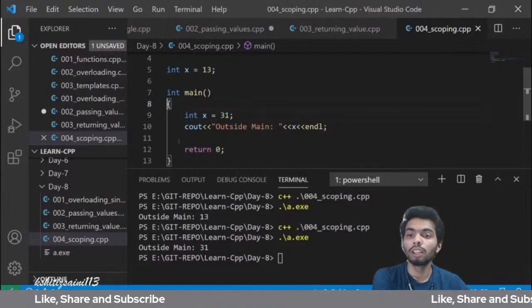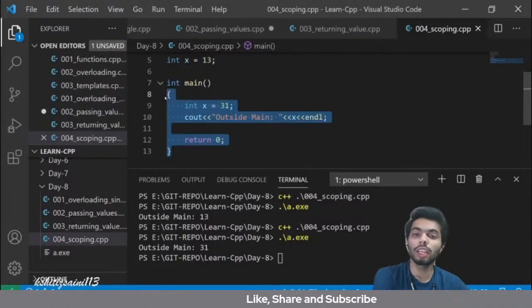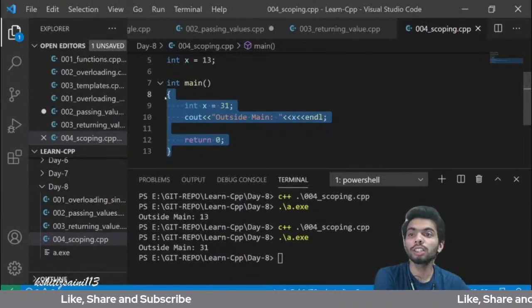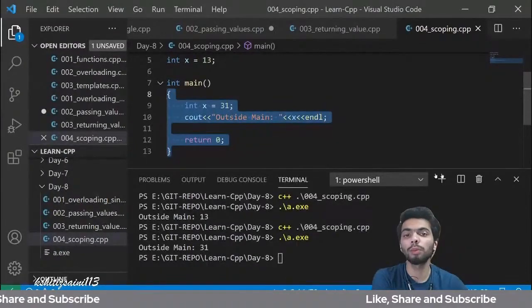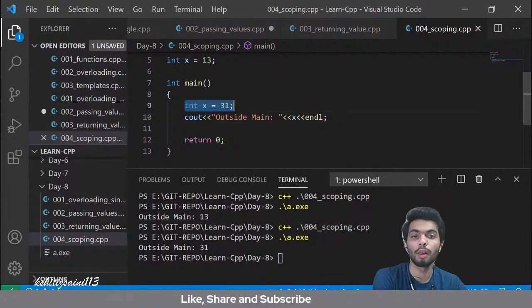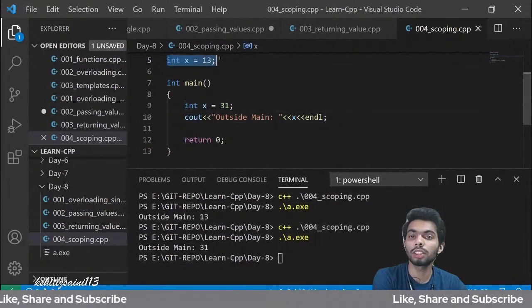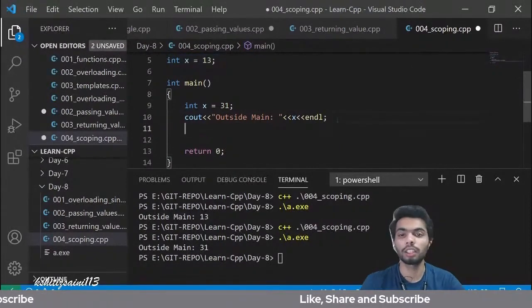अब जो हमारे ये कर्ली ब्रेसेस होते हैं, कर्ली ब्रेसेस हमारे ब्लॉक्स को मार्क करते हैं और जो भी हम लोग एक्सेस करेंगे वैल्यूज दैट विल बी एक्सेस्ड फ्रॉम इनसाइड द ब्लॉक, ठीक है। अब मैं बोलता हूँ कि आपने यहाँ पे int x = 31 इनिशियलाइज कर दिया है और यहाँ पे x की वैल्यू आ भी गई, बट व्हाट इफ आई वांट टू एक्सेस दिस x, तो हम इसके लिए क्या करेंगे,